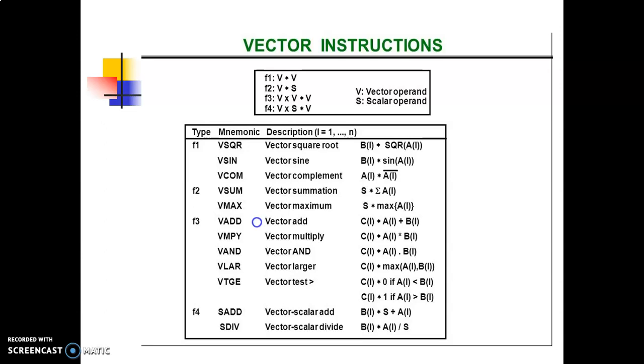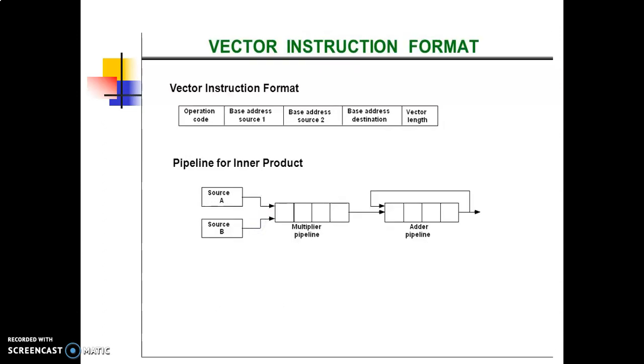This diagram shows the vector instruction format, and this is essentially a three address instruction with three fields specifying the base address of the operands, and an additional field giving the length of the data items in the vector.